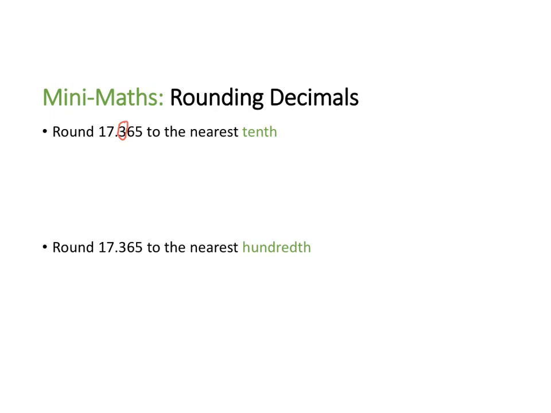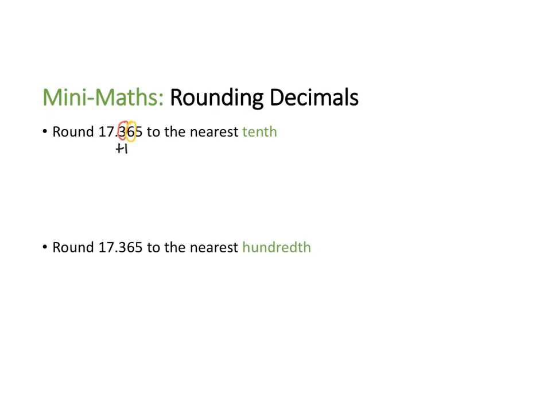That's our target digit, and when we're rounding, we're just trying to work out what happens to that number, and there are only 2 choices. It'll either stay the same or we'll add 1 to it and it will become a 4. How do we decide what happens to that digit? Well, we have to look to the digit to the right of our target digit, and the digit to the right of our target digit is a 6. Now 6 is greater than 5, so that tells us that our target digit is going to increase by 1,